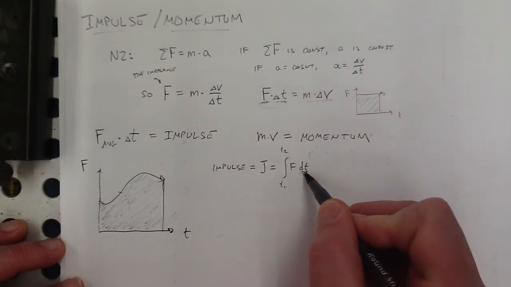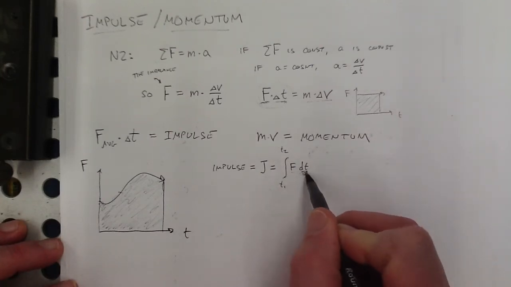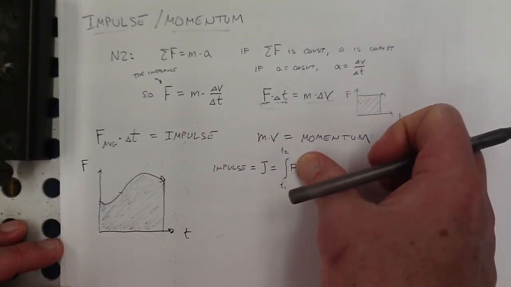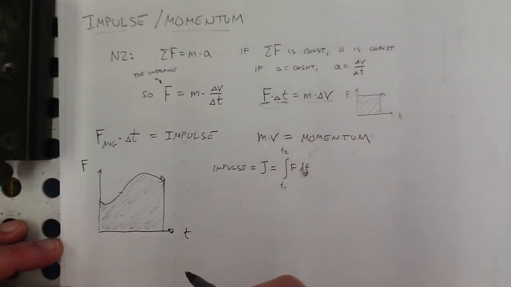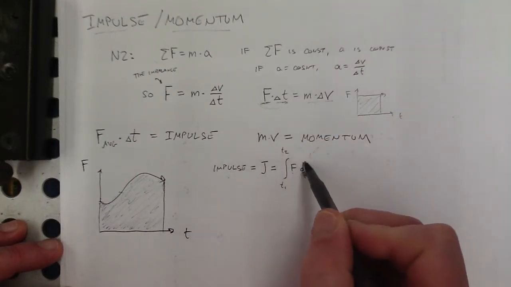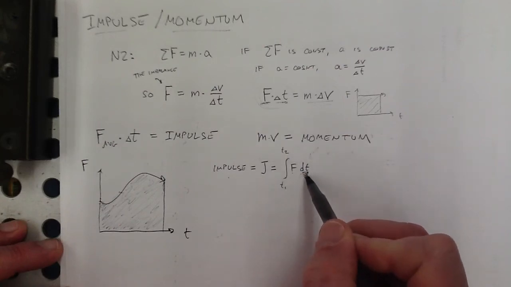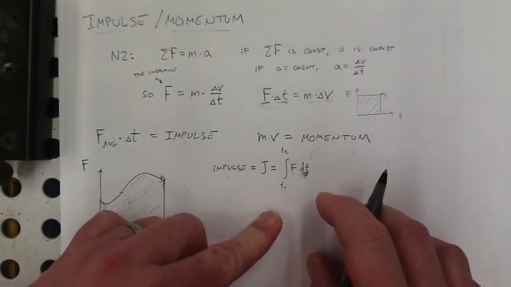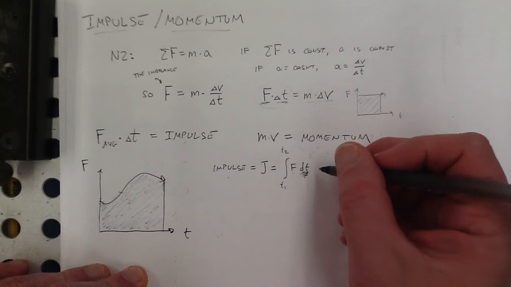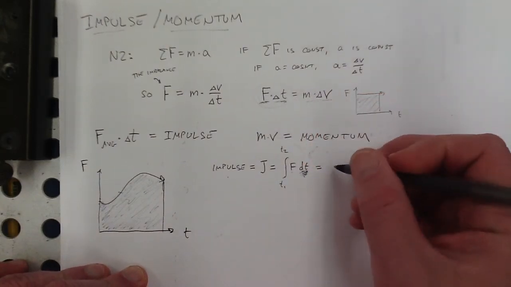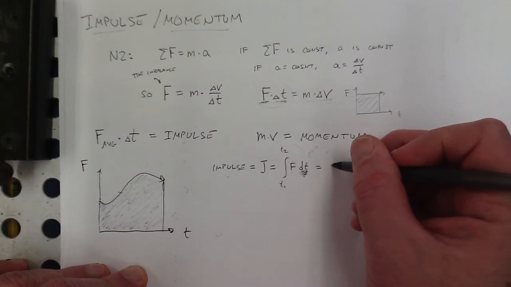Here, this is super important because this is the integral of force with respect to time. And to leave that off would be a grave mistake, because how would we know whether you're talking about this integral, which is equal to impulse, or the integral of force with respect to position, which is equal to work? So important for sure. That is equal to mass times change in velocity, which is